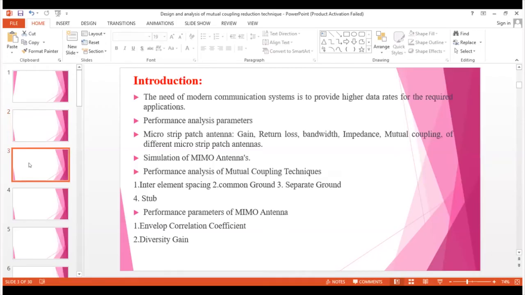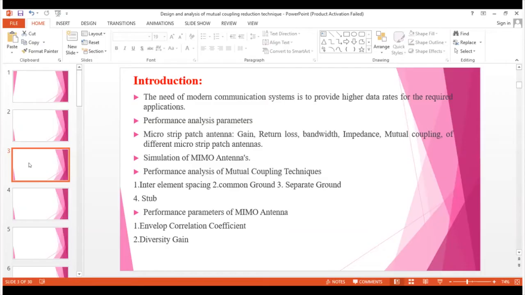The need of a modern communication system is to provide high data rate for the required application. Due to the increasing demand of capacity and data rate in wireless, MIMO antenna has come into existence. Single input, single output systems have very low data rate and efficiency. These systems cannot fulfill demands like high data rates due to limited bandwidth and capacity handling. They suffer from multipath and fading, affecting the signal to noise ratio of the received signal. That's why the MIMO antenna is used, to transmit and receive the signal to increase the capacity